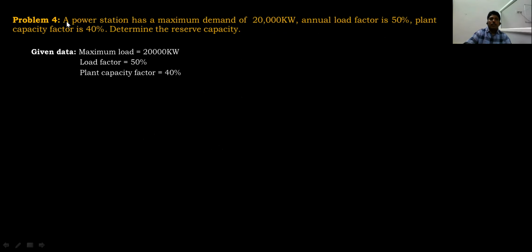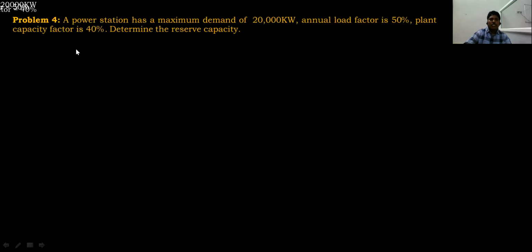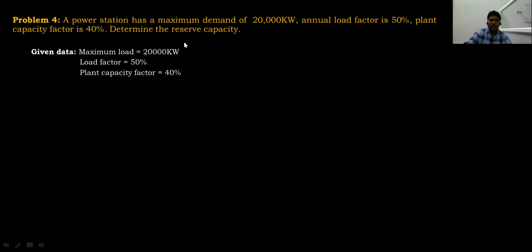The next problem: a power station has a maximum demand of 20,000 kilowatts. Annual load factor is 50%. Plant capacity factor is 40%. Determine reserve capacity. The formula for reserve capacity is equal to plant capacity minus